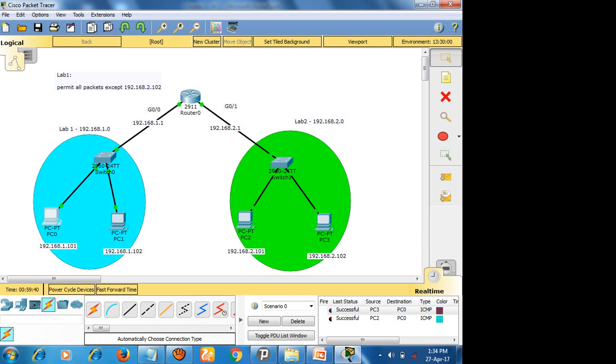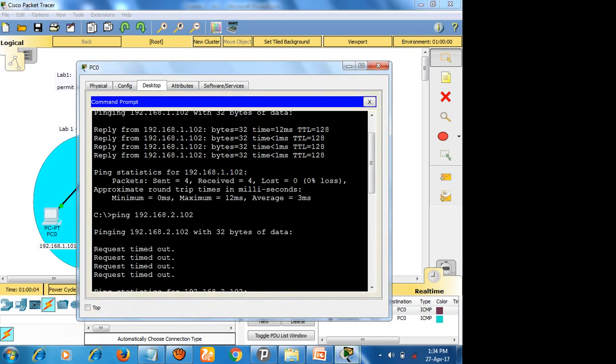But what is happening is, if I ping from 1.101 to 2.102, the packets will go to 2.102, but the acknowledgement won't come back. It will not be received by the 1.0 network, right? That is why we are not getting the output.